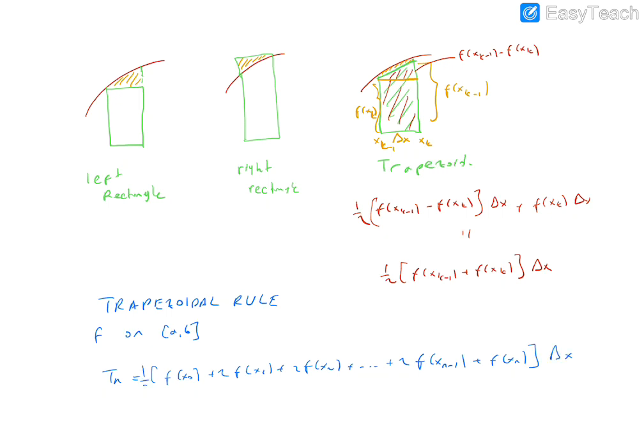1 over 2 times this one. Okay, this 2 comes from the second step. Okay, this is the first one. So from the f of xk to xk plus 1, you will have one more f of xk. So because of this reason, this is 2 times f of x1. At the leftmost side and the rightmost side, there is no other term. So these are constant. The factors of f of x0 and f of xn is 1.